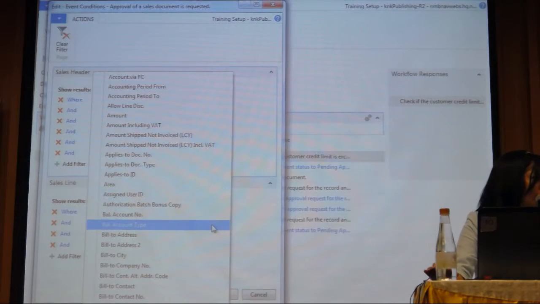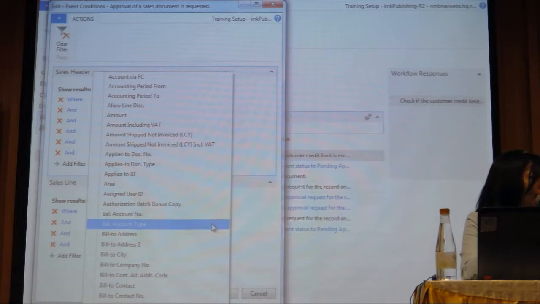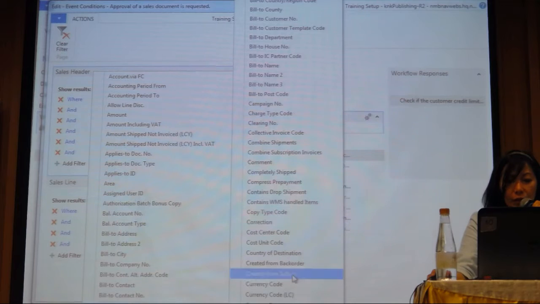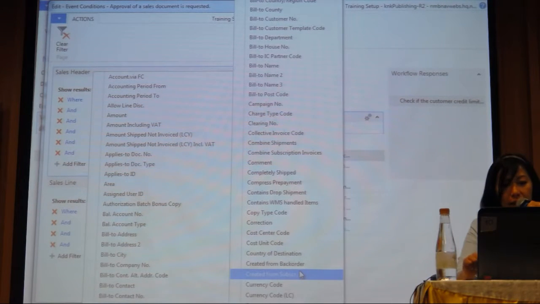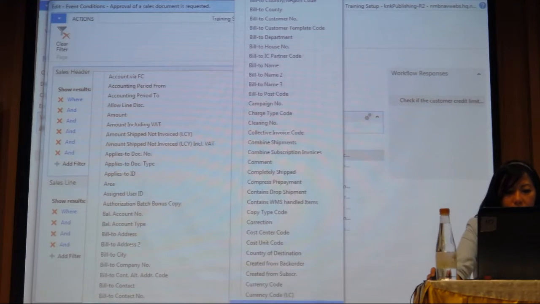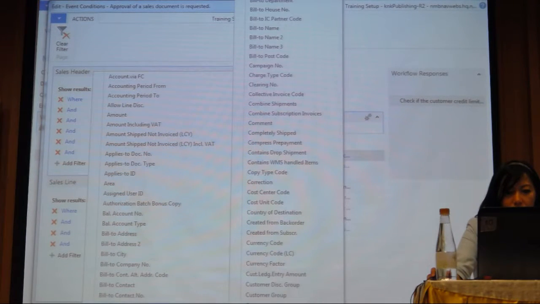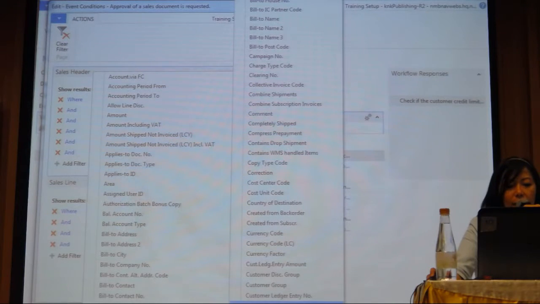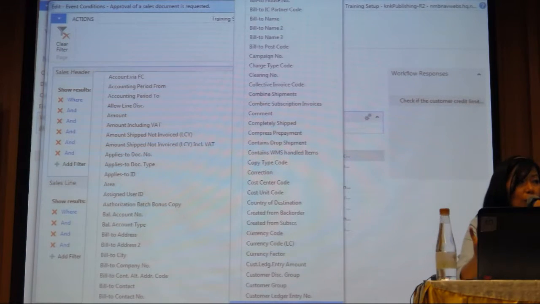So we have a lot of parameters that we can use to set up. มันมีหลายปัจจัยที่เราเลือกได้ว่าจะให้ approve ตามกลุ่มก้อนไหน เดี๋ยวเรา remark ไว้ว่าเราจะเอากลุ่มก้อนไหน